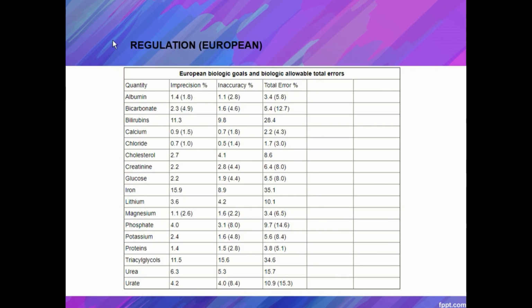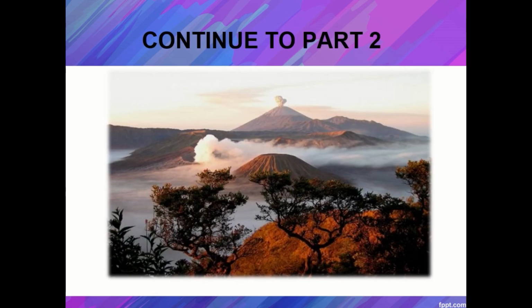This is the quality requirement from the regulation. This is the European biologic goals and biologic allowable total errors. So okay, I stop here and we will continue to part